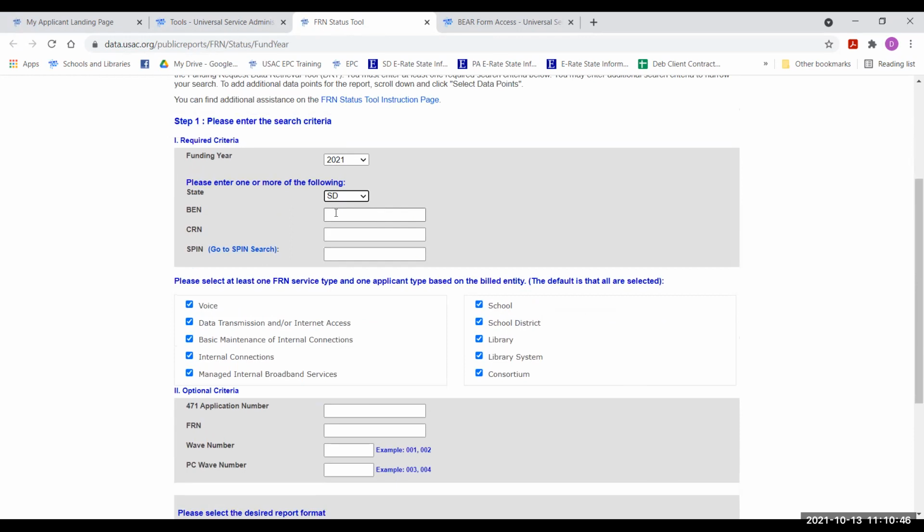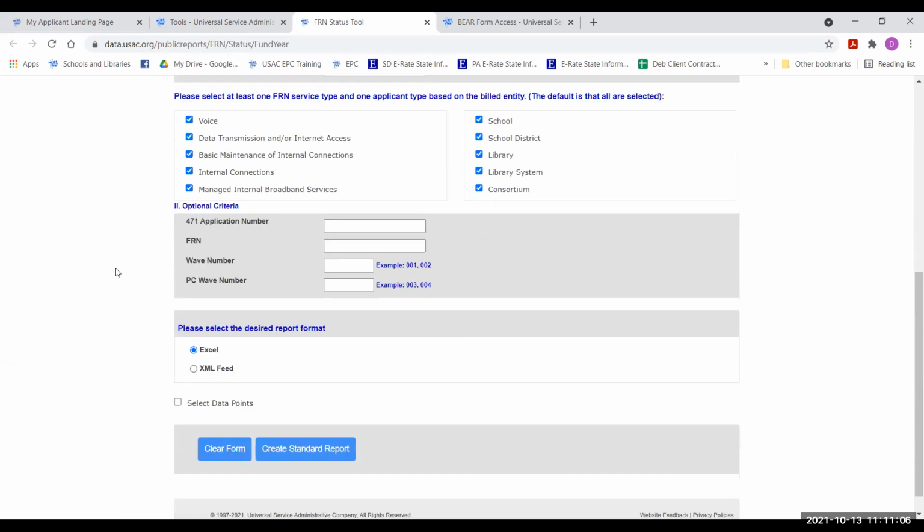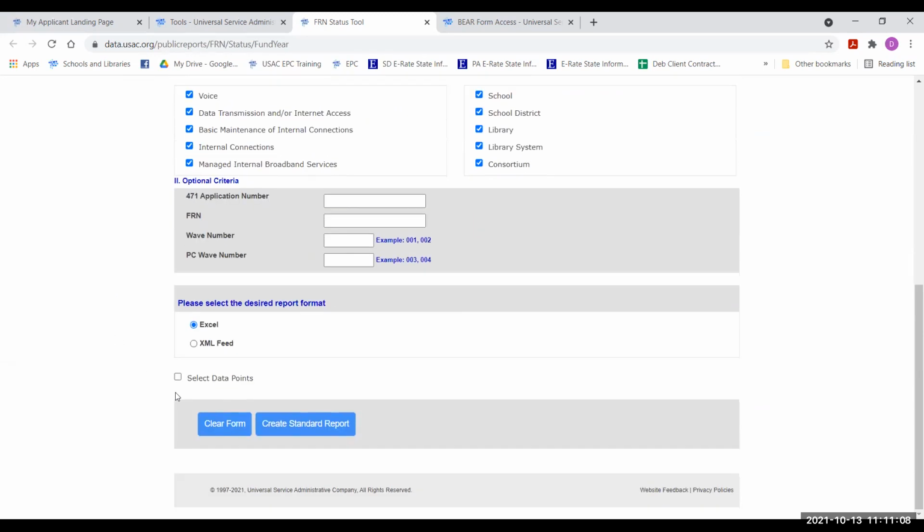So that would be your 6-digit number if you're a school district beginning 134. And if you're a library, your number may be completely different, not necessarily 6 digits. And if you're an independent school, not a public school district, your number will likely not start with 134. So I'm going to pull all the records for South Dakota, and I'm going to go down to select data